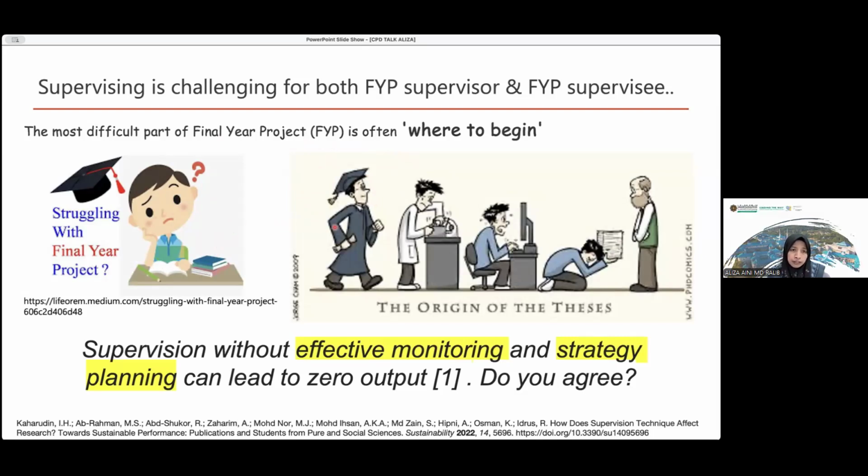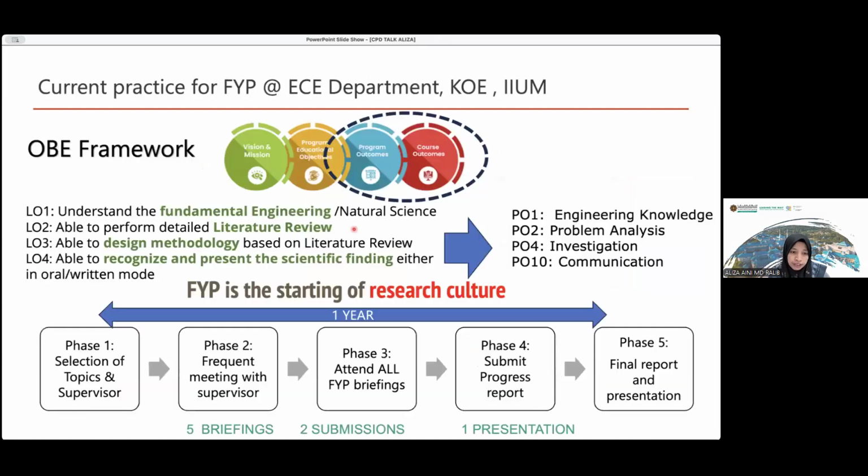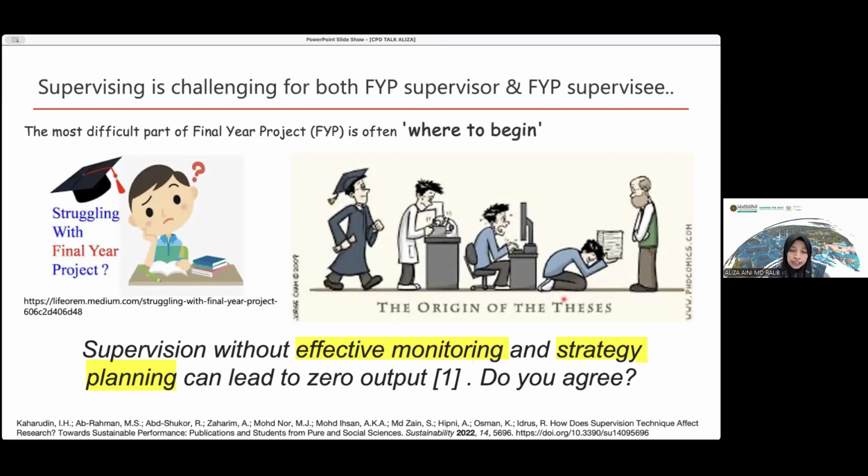So I believe the supervisor needs to play a very important role to guide from the first day, from the first phase just now, not only until the report, but until the end of the presentations. Okay, so they have started to collect the data, to do the literature review, which papers they need to read.